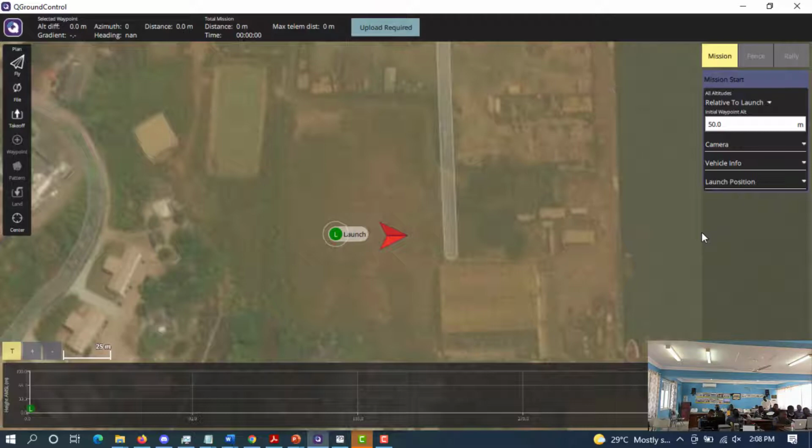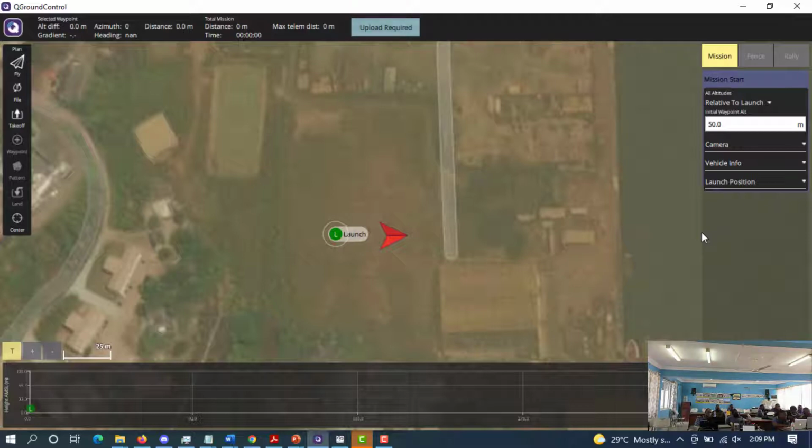Okay. Now the next tool that we need to understand is the mission command. So whatever mission that we are going to create will be displayed here. So if you put in takeoff, landing, everything will be here. And this is where we can also edit the mission. So the mission command and the mission command editor is on this side. So when you hear me say, let's go to the mission command editor, we are coming to this block here. And then we have